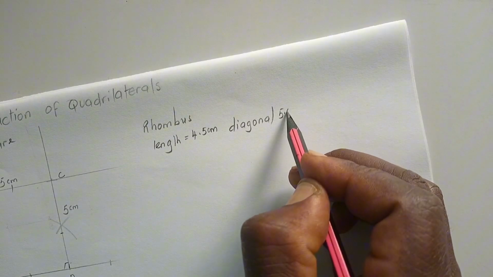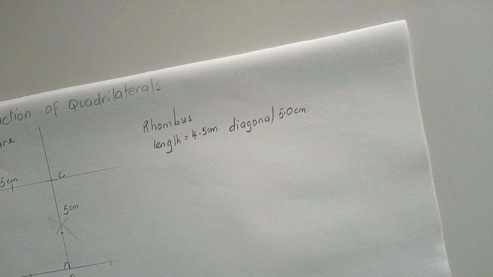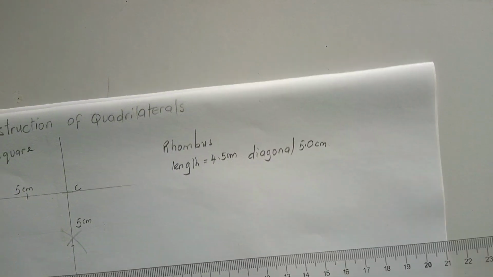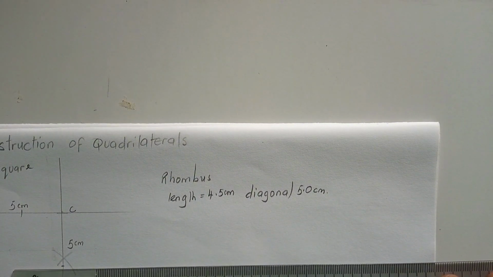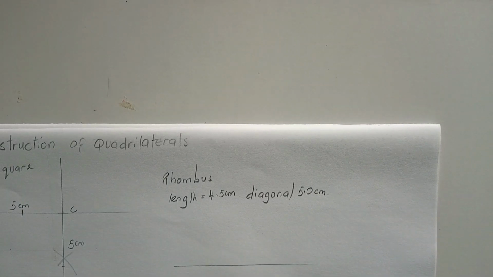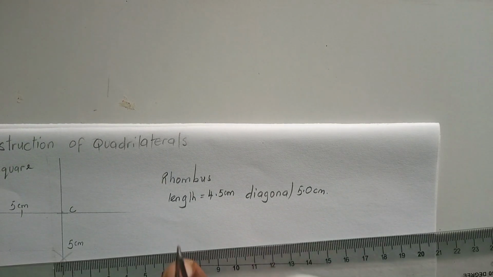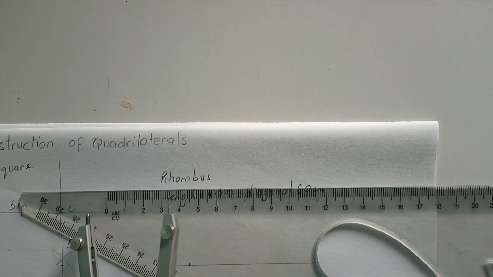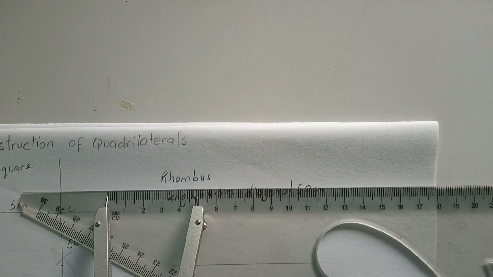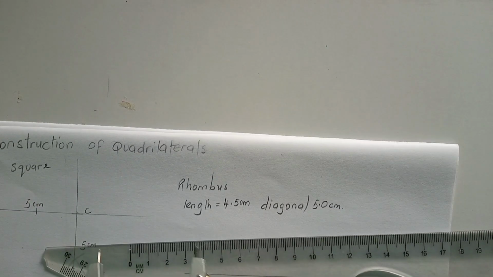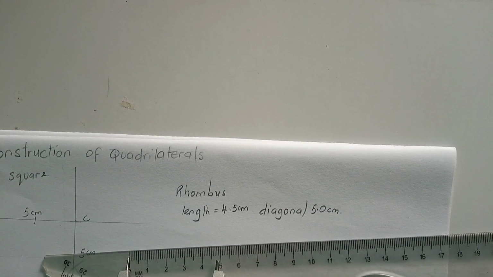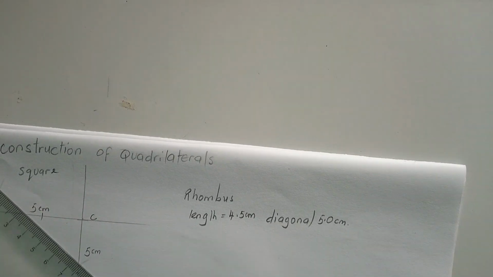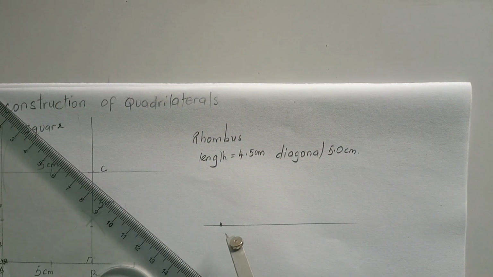Diagonal is 5.0 centimeters. So we begin with our length. Construction line there, then this is our point. Our length is 4.5 centimeters, so we measure 4.5, we adjust it a little bit. This is 4.5, and then on our line we strike